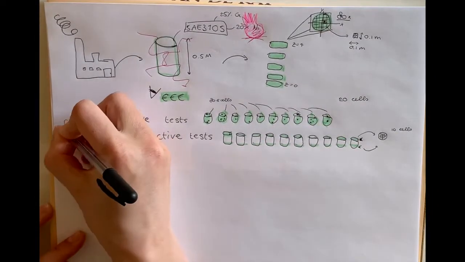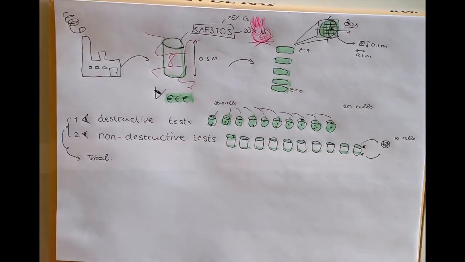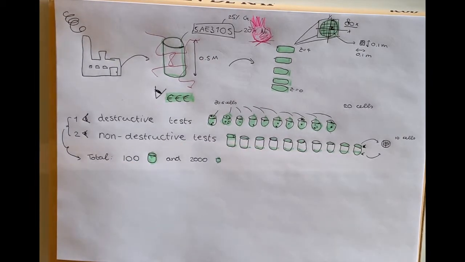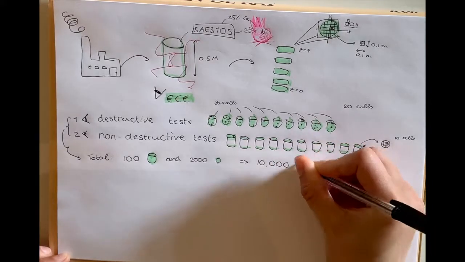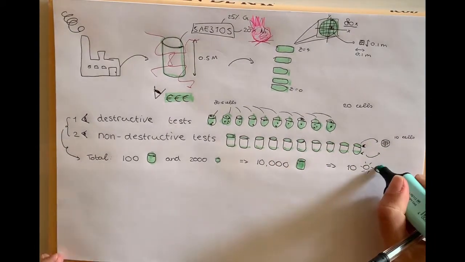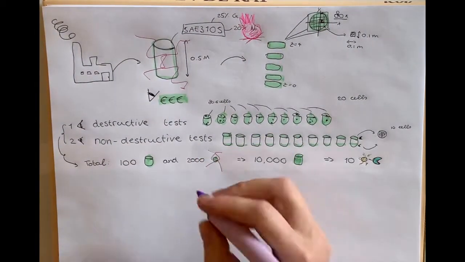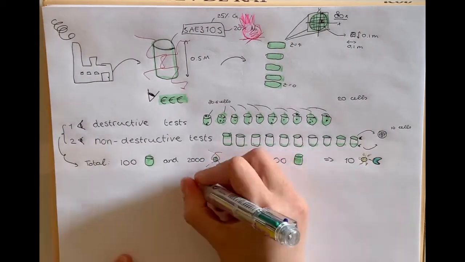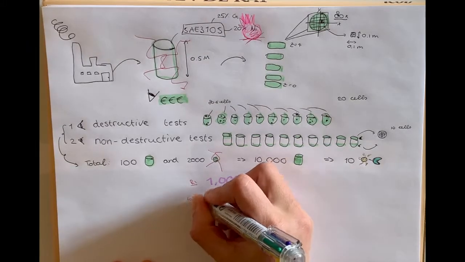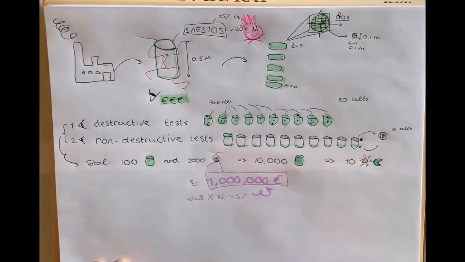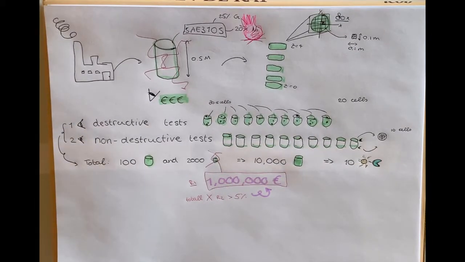The destructive and non-destructive tests both examine 100 cylinders and 2,000 cells. Since the 100 cylinders used for the destructive test are replaced, a total of 10,000 cylinders are produced, which will take 10 days. Every single cell that violates requirement 1 will cost the company 1 million euros. If the total amount of cells violating requirement 2 is more than 5%, then the company will receive another fine